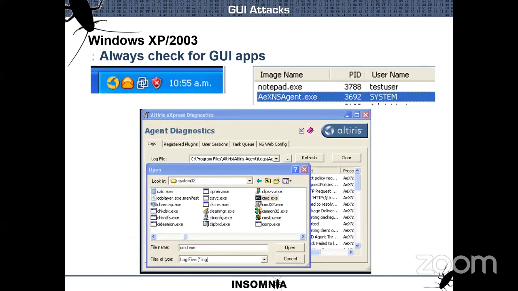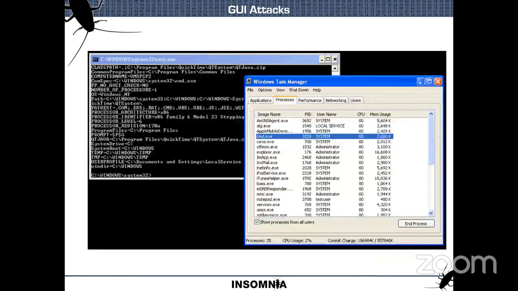Agent diagnosis, command line. See the process running and the command is getting files, system root, temp files, windows directory.